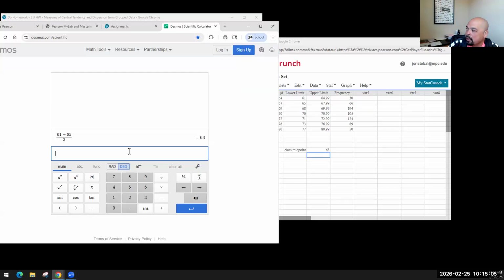The next pair, 65 plus 68. And now here, when it comes to your calculations, be careful, because if I just say 65 plus 68 divided by 2, notice it only puts that 68 as part of my division. So on your scientific calculator, or even with this Desmos, we can use parentheses to keep track. I'm going to add first, then divide by 2. So now it keeps track that we have to do that addition first. So my next class midpoint,